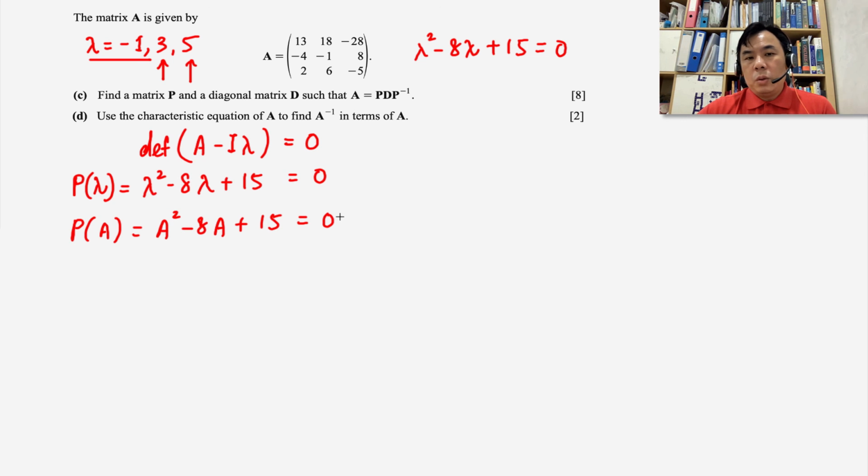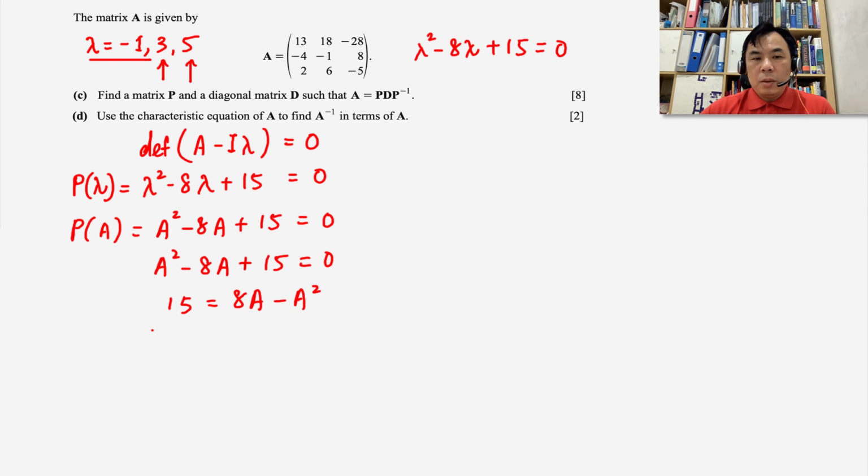Now that will be equal to 0. From here, if we are interested to obtain the inverse, all we need to do is this. You can actually move the rest of the matrix A to the other side, and then this is what we have. We just leave the number on one side like this,